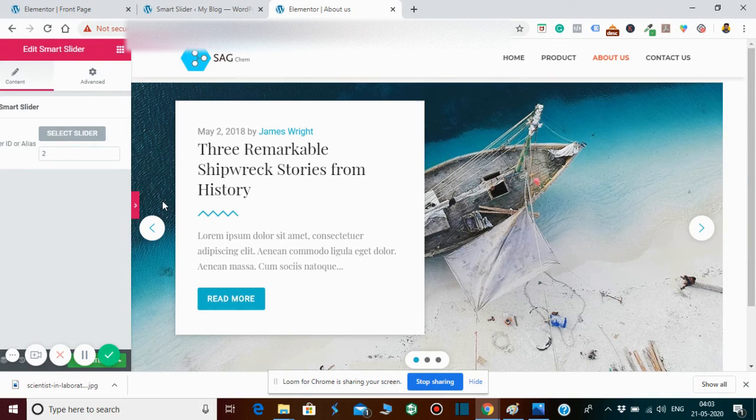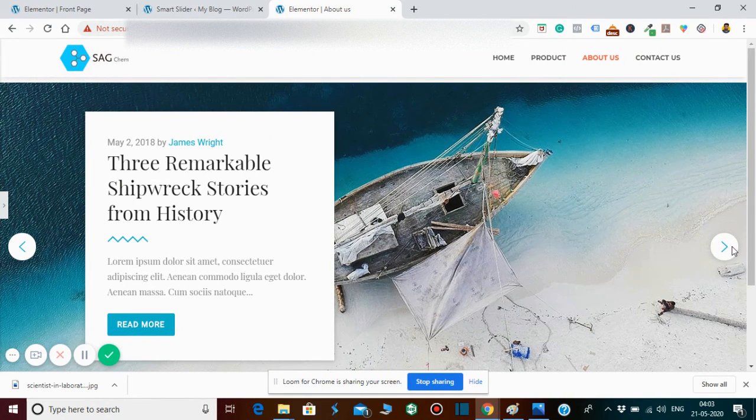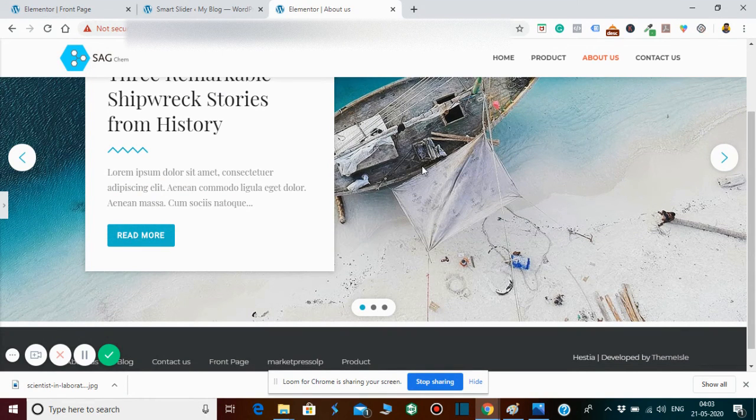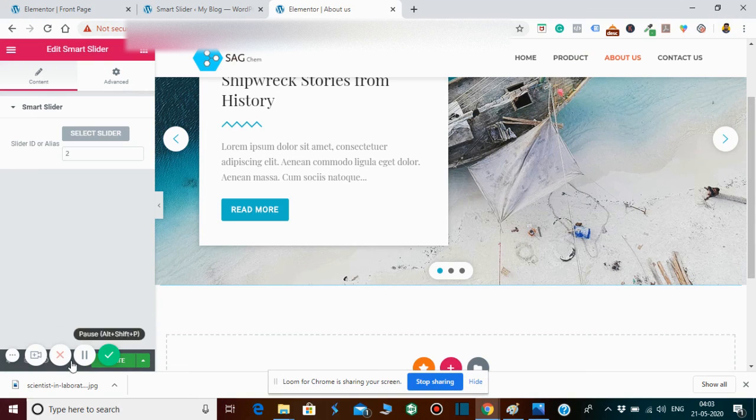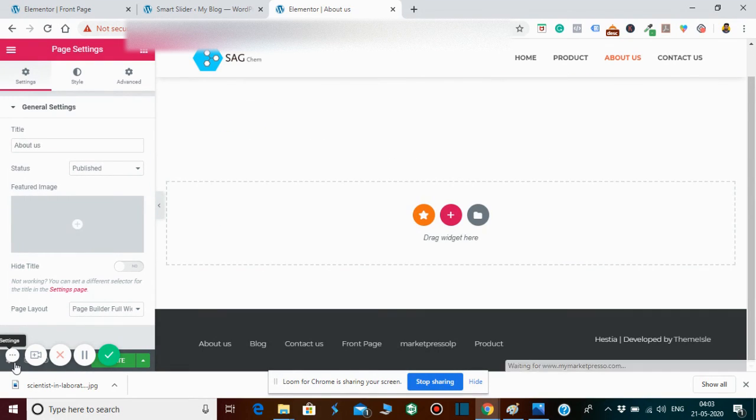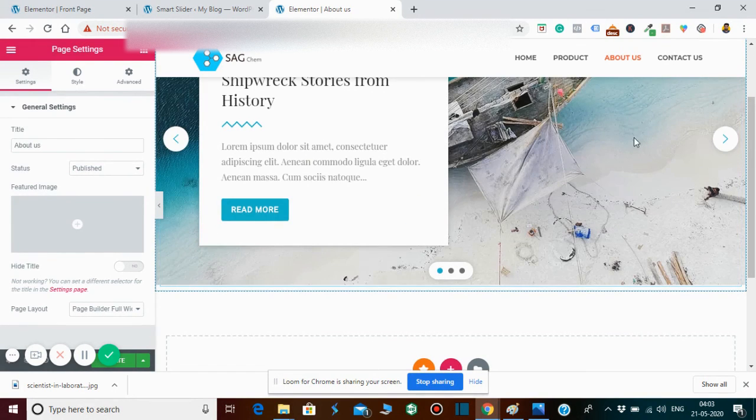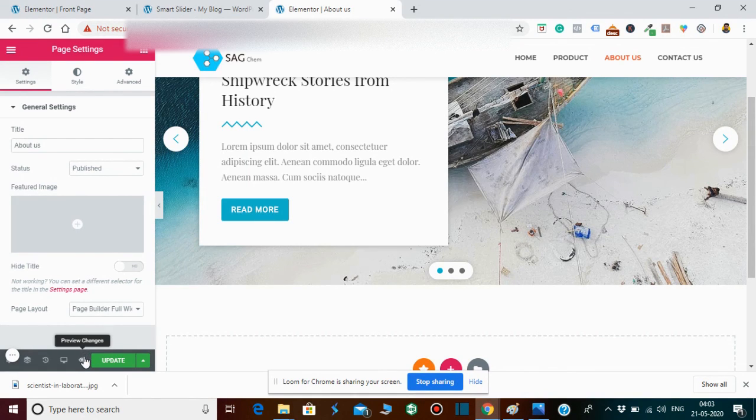Right, now you are able to see that. For example, then I will go and preview this thing. So I will preview the image.